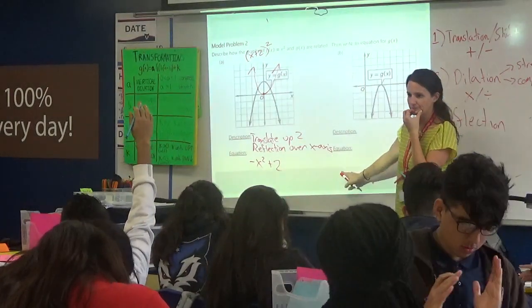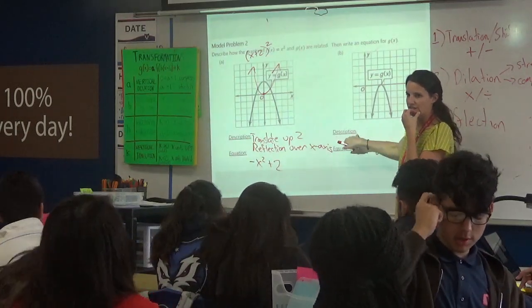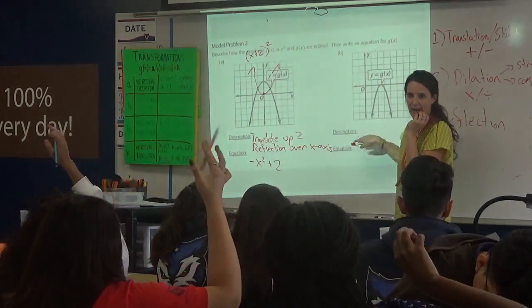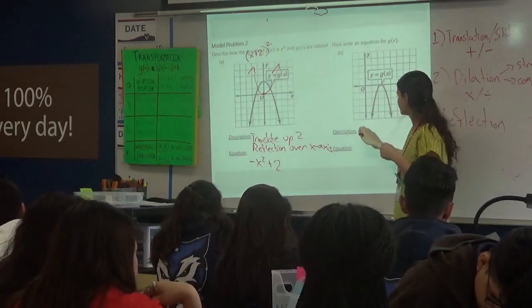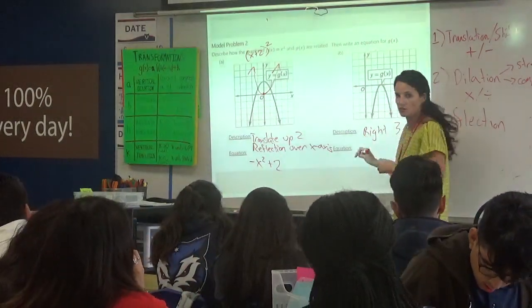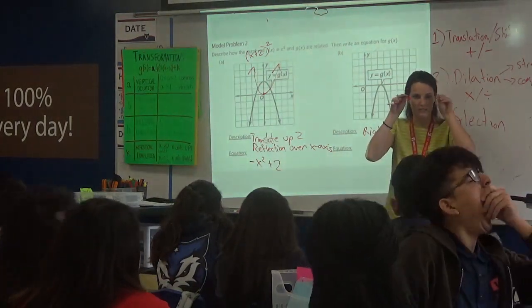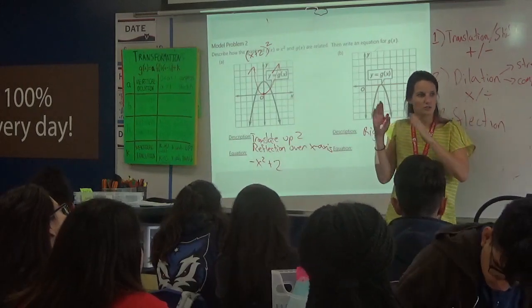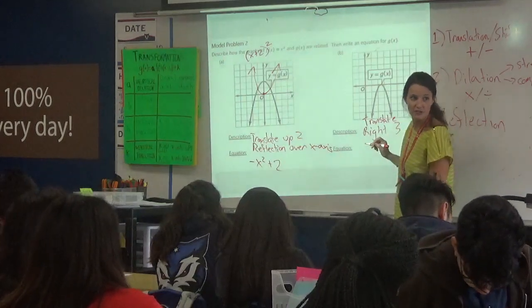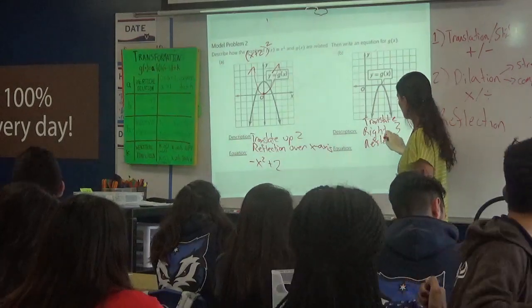Okay, for this one, let's talk about it in our last minute so I can let you out on time. Who can tell me what happened without the equation yet, just what happened, Kevin? Right 3, reflection. Okay, right 3, and one more time, use one of these words. Was it translation or dilation? If we're moving right 3, is it dilating or is it just translating? Translating. So translate or shift. Either of those works, okay? Right 3, and then it reflected across